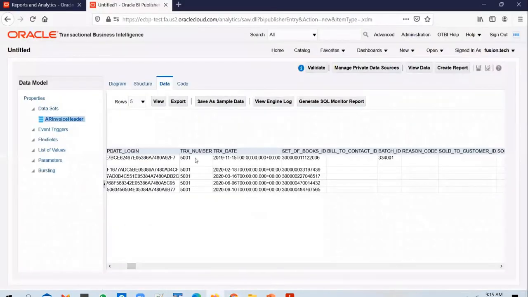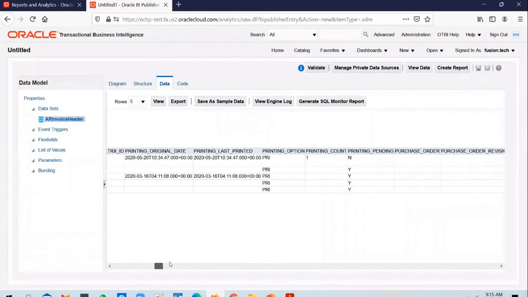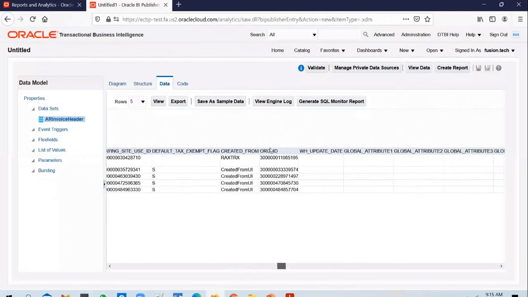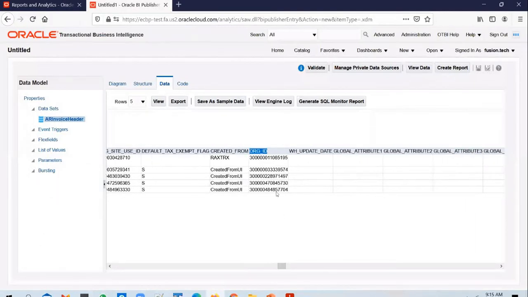So that's why when we search the invoices table with 5001, we're getting multiple records here. If you scroll to the right, there is a field called org ID.